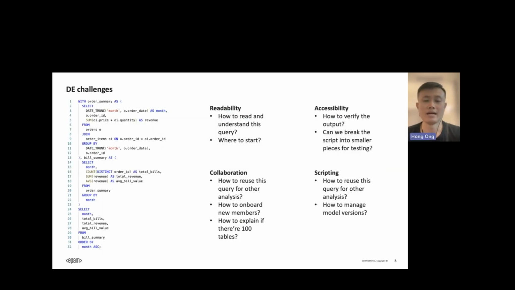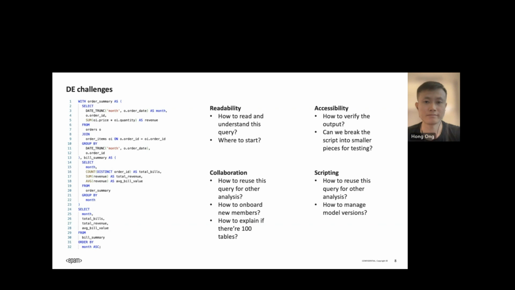So how can we improve collaboration and make the process easier? For example, here we can see that data engineers have many challenges. If we try to share our SQL script with our members, it's very difficult to read. We don't know where to start or how to read it from the beginning. And if we would like to verify or test the data model here, how can we do it? We go and write scripts, which may be very error prone. That's why we need another way to work, an easier life for data engineers and easy collaboration with